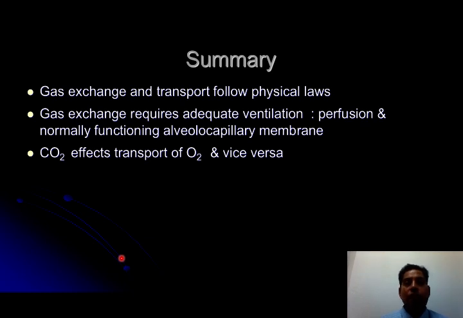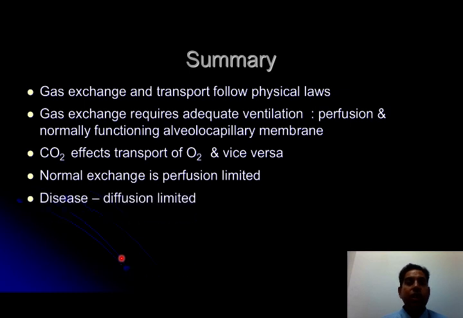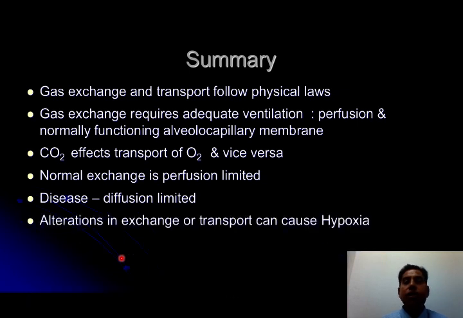The effect of carbon dioxide on oxygen transport or exchange is explained by the Bohr effect. Normal exchange is perfusion limited. In diseases like COPD and fibrosis, it becomes diffusion limited,